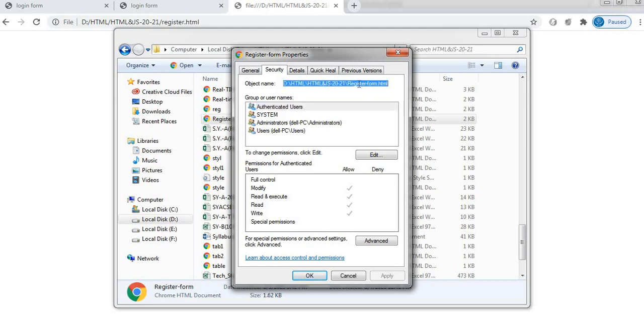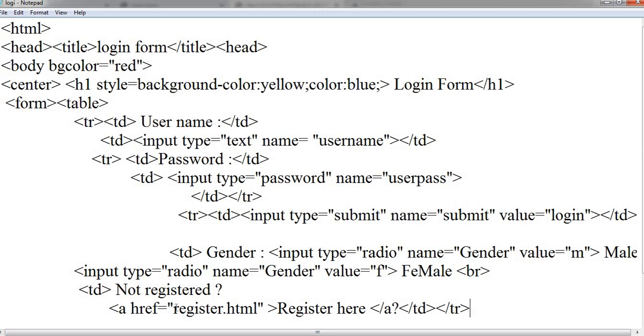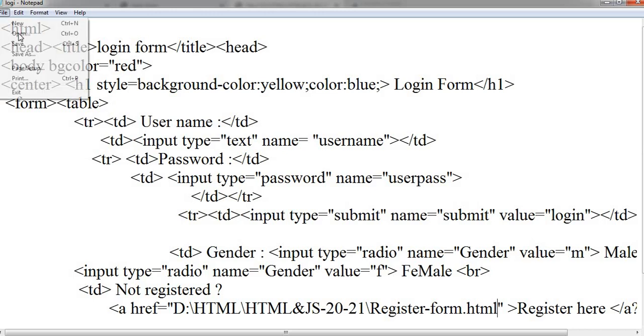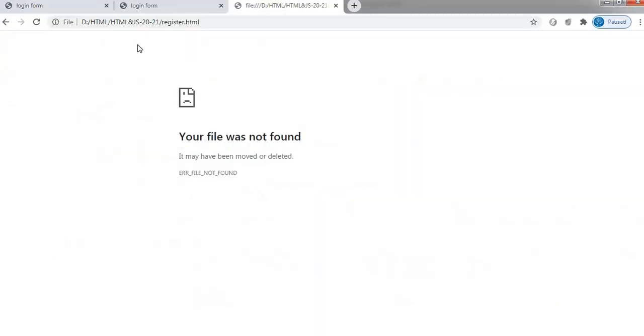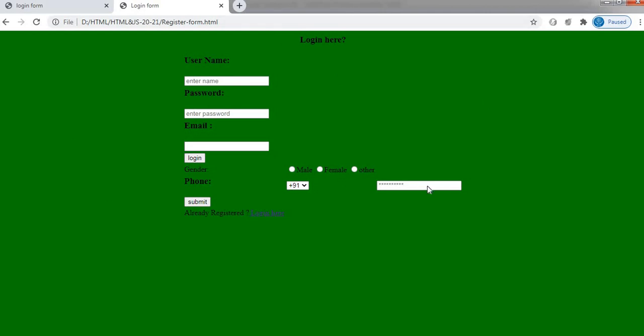So this is the path I am going to attach with that file. So I have given the path of another form which I have attached to the first file. So these are the buttons we have added. So just when I click this one, the other form is going to appear.